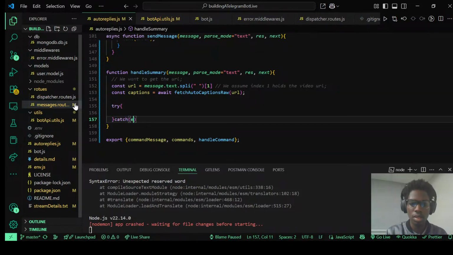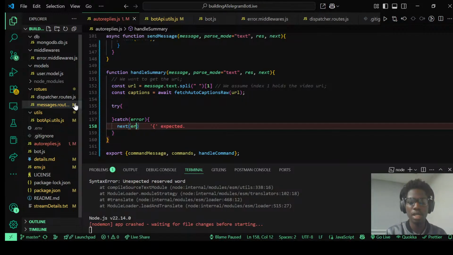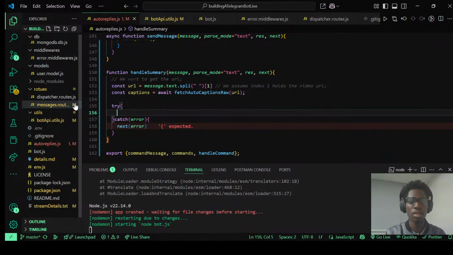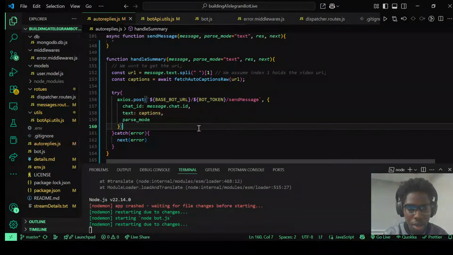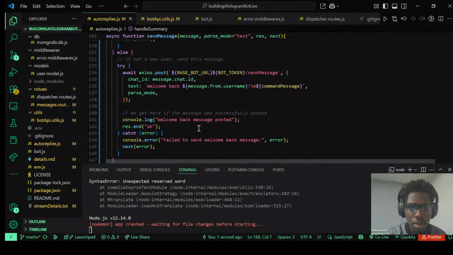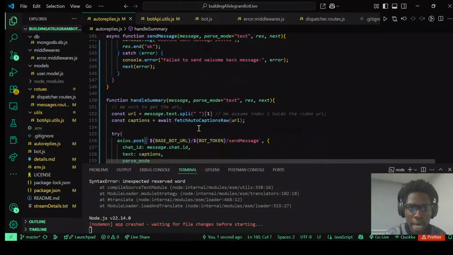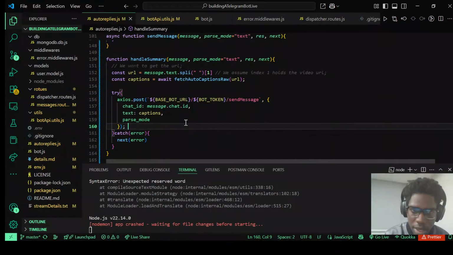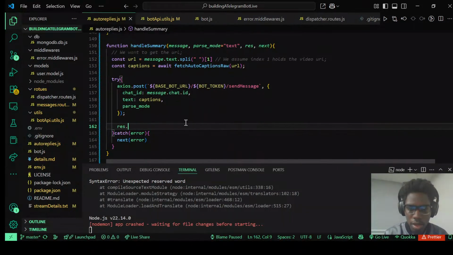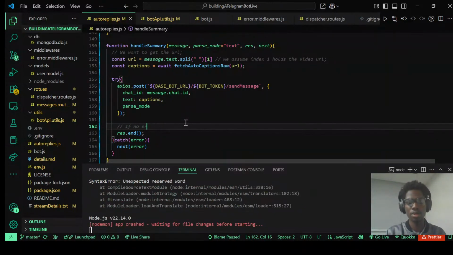Because we have an error handling middleware, we can just pass the error on. Then paste our request. It looks okay. It looks like it'll work. Then we end the response, because if no errors occur and we get to this point,